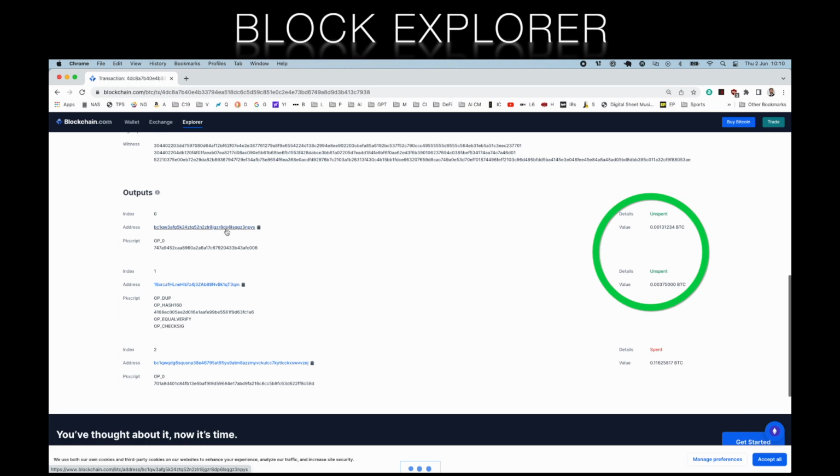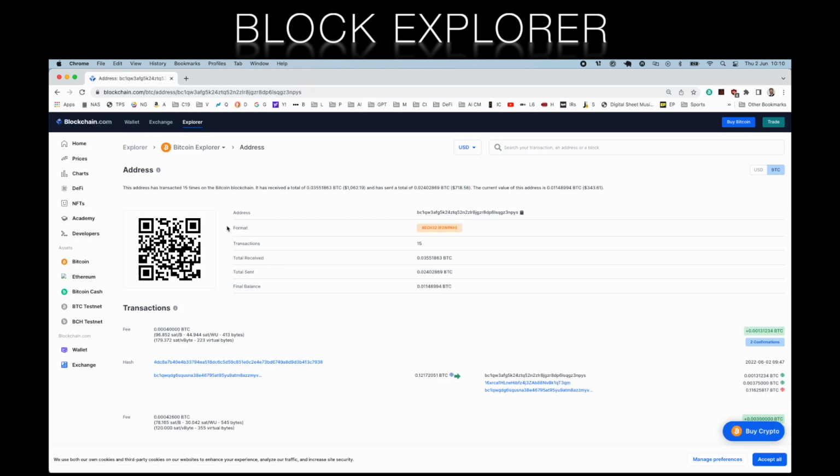We can look at the address of the recipient of one of the UTXOs. This is derived from the public key of this participant and may only be unlocked or spent with this recipient's private key. While this data is anonymous, that's to say we don't know who this user is, all the information is public on the ledger. Hence, we can see a transaction history and a balance for the user of this address. Our hope at Lucidate is, having seen this series of videos, there's nothing in this block explorer that is surprising,